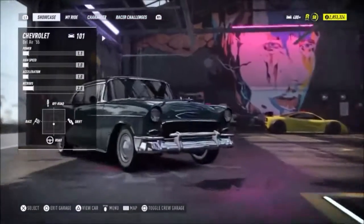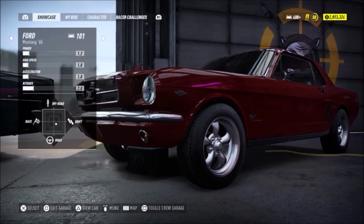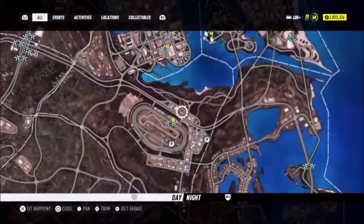Car number 4 is the Chevrolet Bel-Air from 1955, then the Ford Mustang from 1965, and the Volvo 242DL from 1975. We will be doing